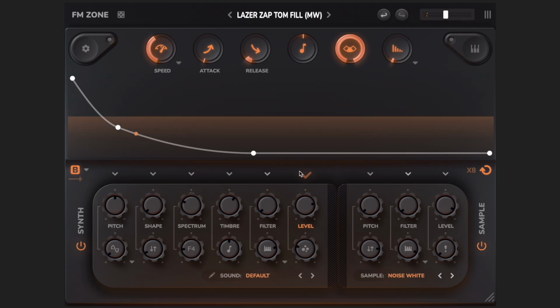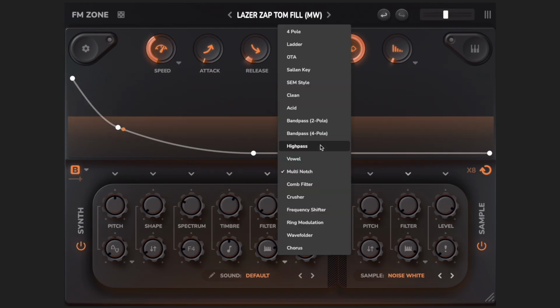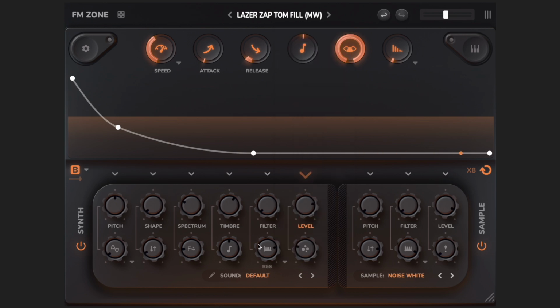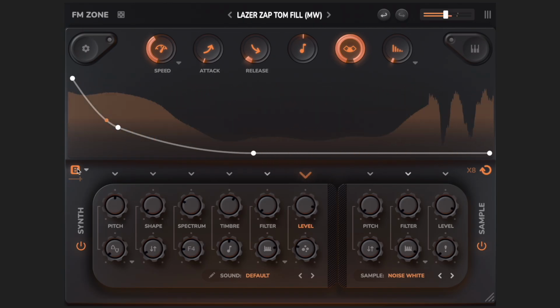We've got this level envelope here, which is obviously the volume of everything. This is a highly resonant filter we've got going on here. This resonance is really high up, and we're using the multi-notch as well. So it's the multi-notch poles being boosted and exaggerated with the highly resonant setting, and being dampened with the filter, with the level here. So yeah, we can turn all those filters down. But we've got them being turned down on the A setting without hitting the modulation wheel